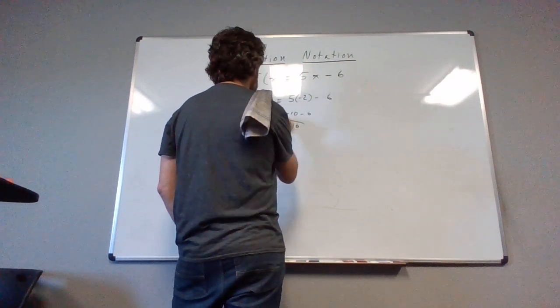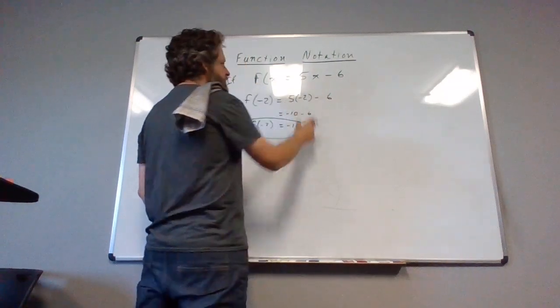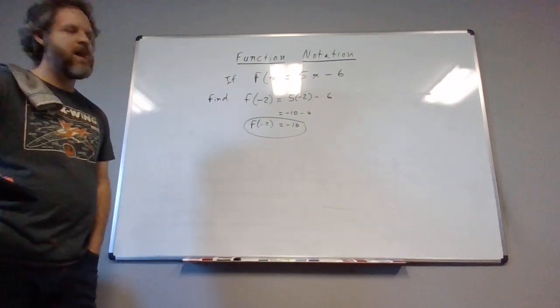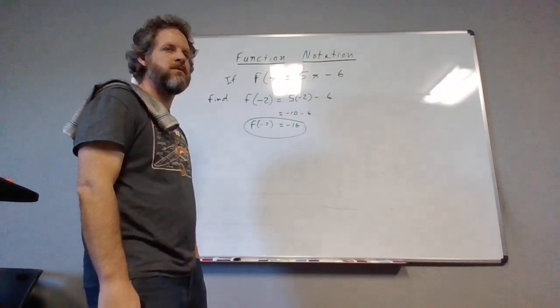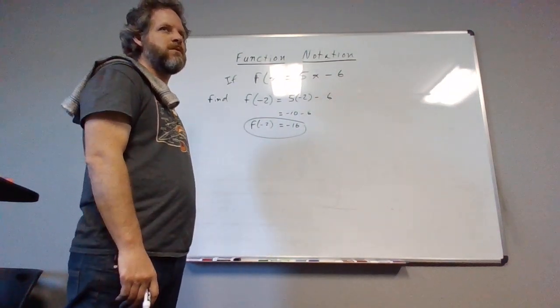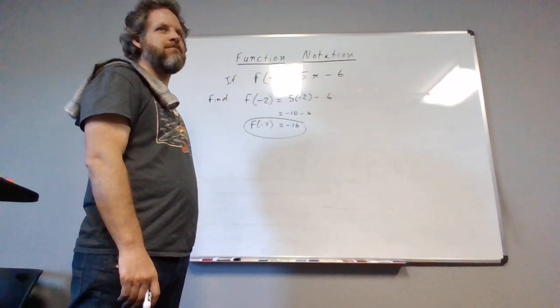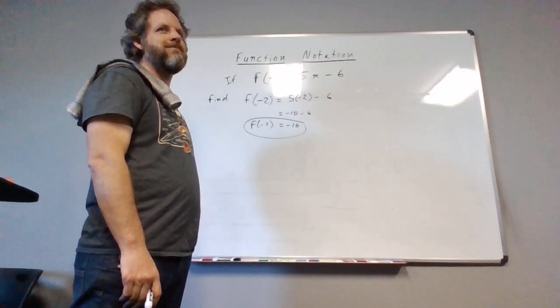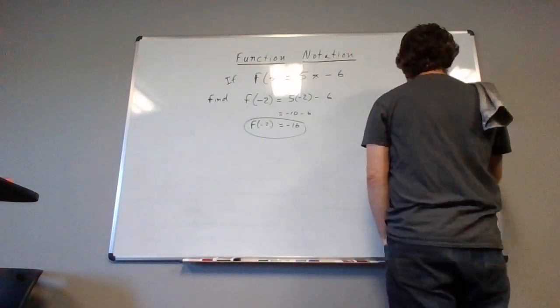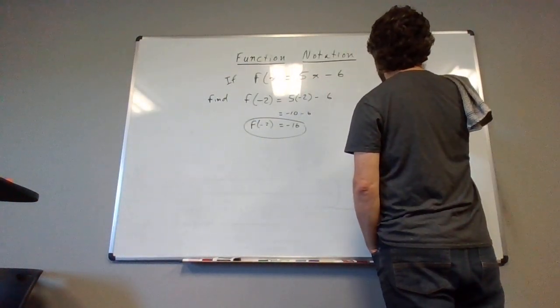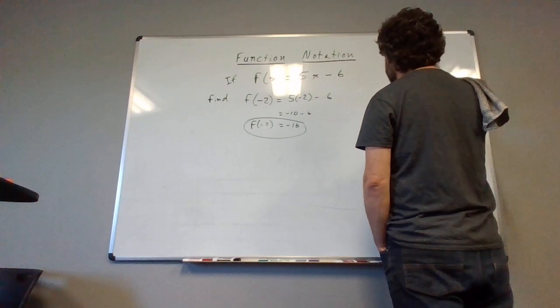Where did you get the negative 10? 5 times negative 2. Alright, yes? When I was watching the video, I was confused when you got the number for that. But then when I was looking at the homework problems, I didn't see those at the top. Gotcha. Okay, so why don't y'all, as a guided practice, find f of